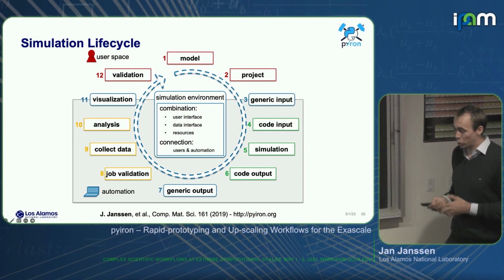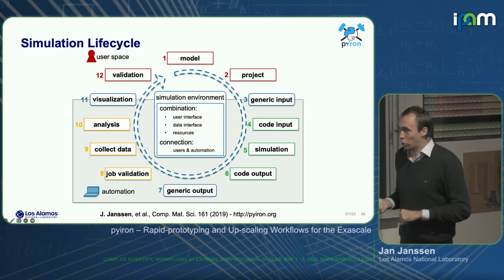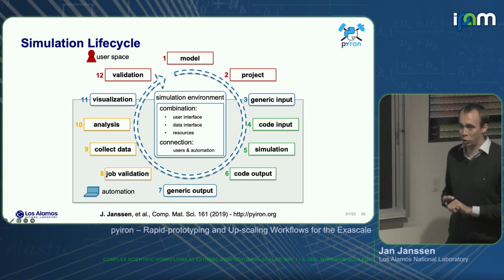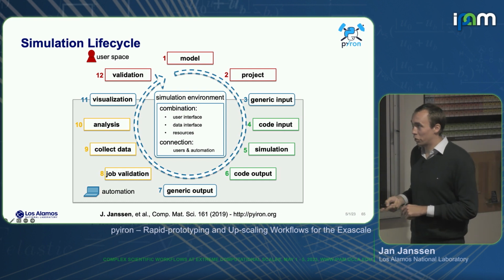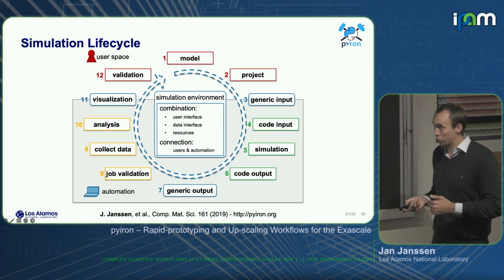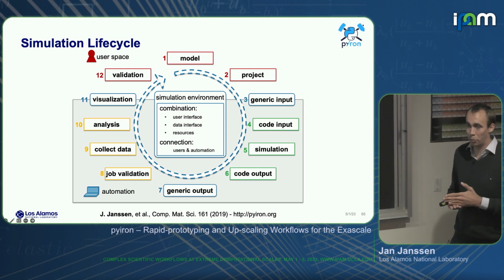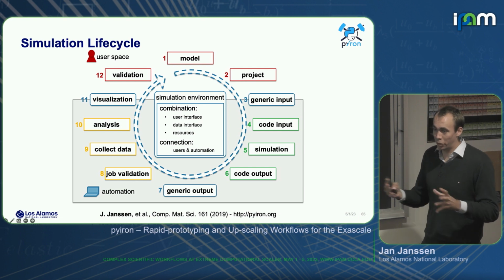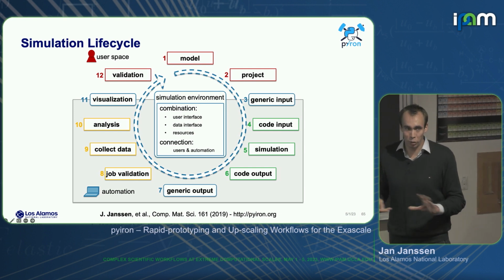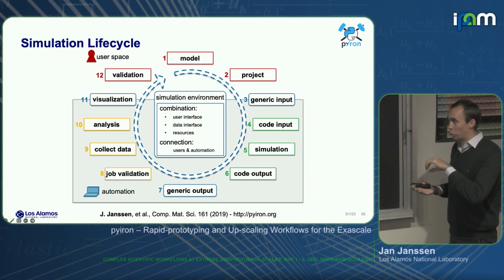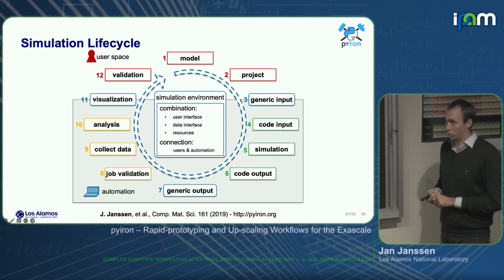In terms of an abstract model, we try to visualize this with what we call the simulation lifecycle. So here this idea of you have a model in mind, you define your project, and the project would be the specific calculations you want to do to validate or falsify your hypothesis. And you would define this in terms of a generic input, and for pyiron, this would be the Python programming language. And then everything in the gray box is really where the framework takes over, and this is really fully automated there. So the framework takes the generic input and translates it to the code-specific input.